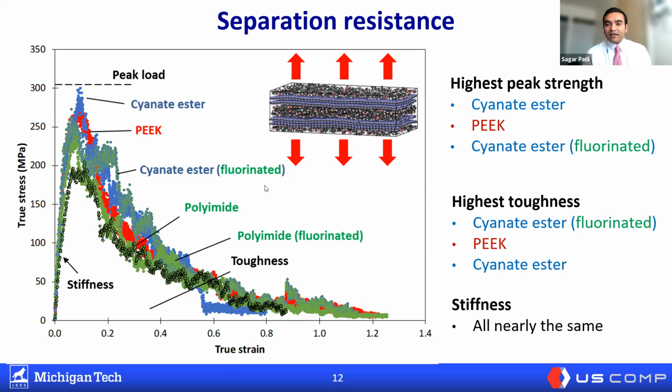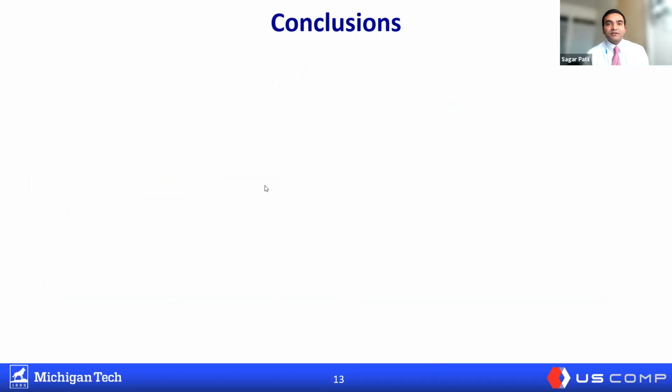They again offer the highest stiffness, simply because they are really small molecules, so you have better infiltration among the CNTs. And therefore, it is really hard when you separate them apart. And if you look at the stiffness, it's nearly the same for all of the systems. So in conclusion,